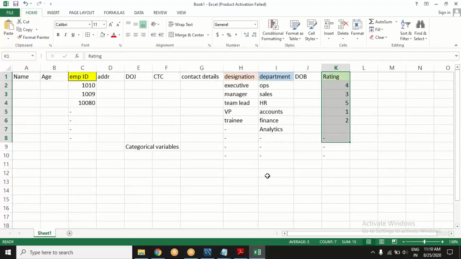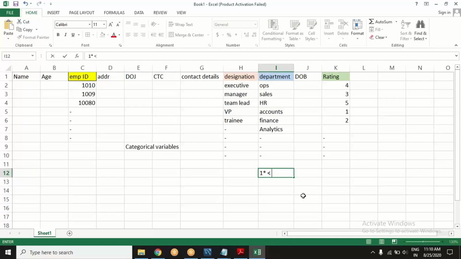This qualifies for being ordinal also because I know 1-star employees are the worst kind. 2-star employees are better than that, and so on. 4-star are better and 5-star are the best. Correct? So there is order also.